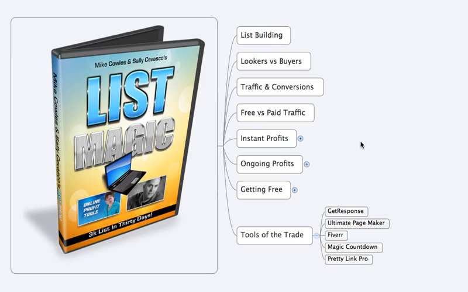So my suggestion is get started. Follow this outline, get those tools. If you can, get a good coach ASAP, because that'll make a world of difference to have somebody in your corner with experience that can tell you, no, no, no, don't do that. Trust me, I've done this. This is what'll happen. Instead, do this. That'll protect you, whatever it is. And it really makes a big, big difference in your marketing. So that's it for List Magic. Just do it, get started.